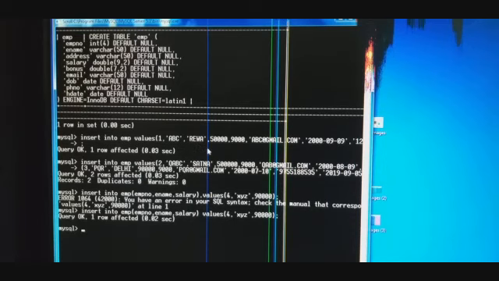But keep in mind, whenever we are using the insert command with this syntax, insert into table name values within brackets value 1, value 2, value 3, and so on, in this case we always have to provide data or a record to each and every field.